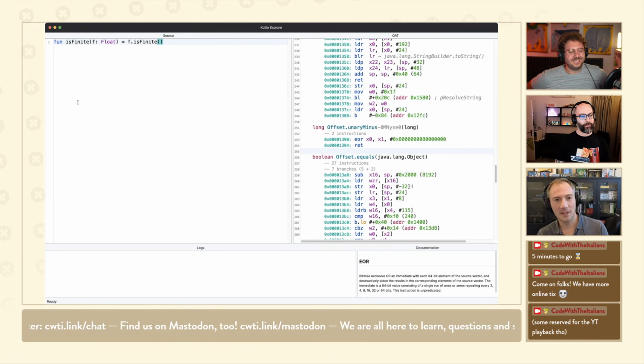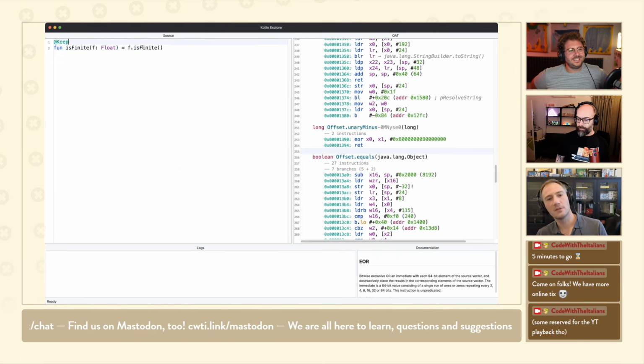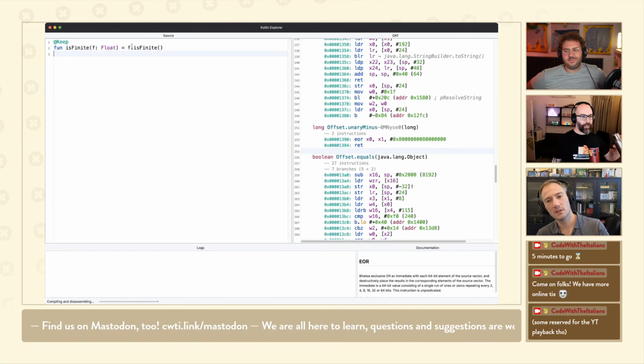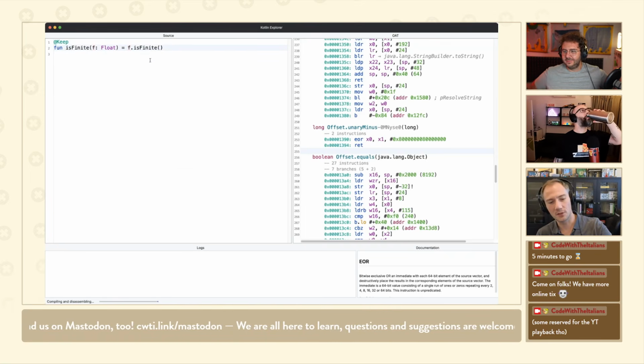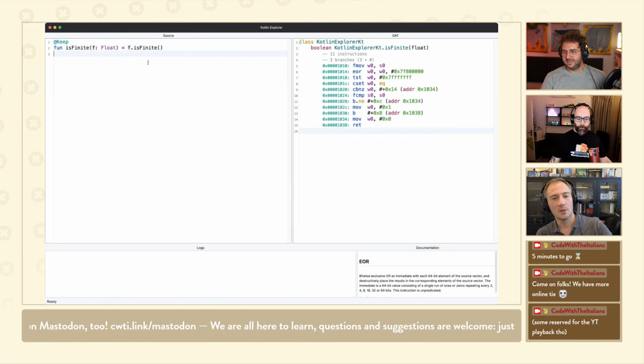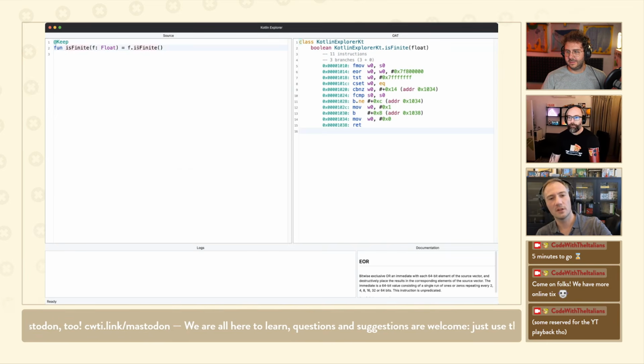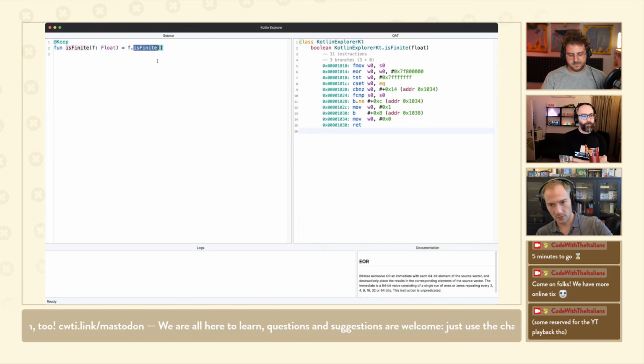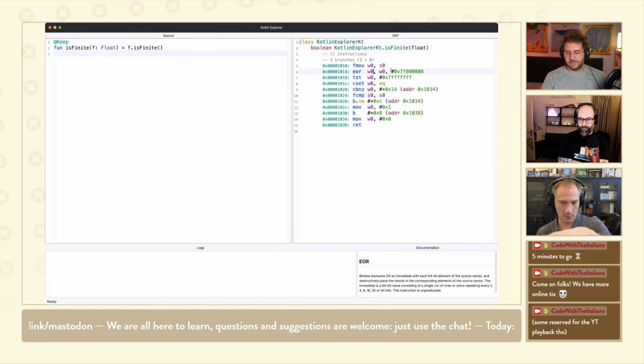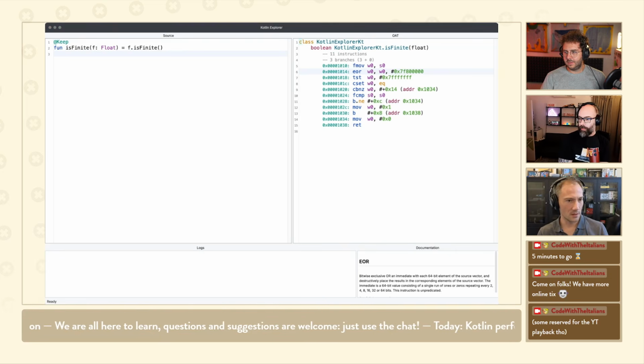Yeah, but look, when you start thinking like that, you can do a lot of cool things. So let's say you want to know if a float value is not infinite and not a number, right? It's just a regular number. So when you call the function that's part of Kotlin, it's called isFinite on Float, and boom, like a bunch of code. We don't have to understand what it does. I'll show you. I wrote down the implementation.